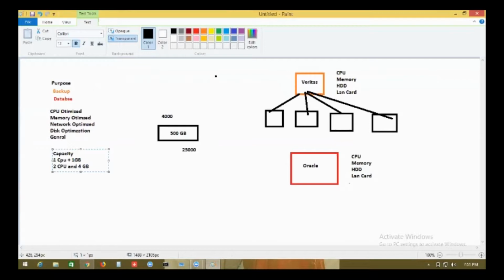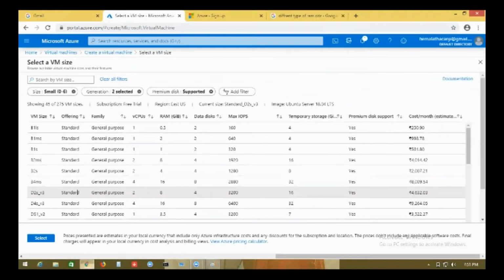So if you remember my first day lecture, I said that when you log into a portal like Netflix or when you log into Zomato, the menu items are fixed. You have to select from that menu. You can't say, no, I want the chapati of this size. No, sorry boss, whatever size is standard and available, you have to select from there. So when you are working on a cloud, when you are selecting a technology, you have to select the size there.